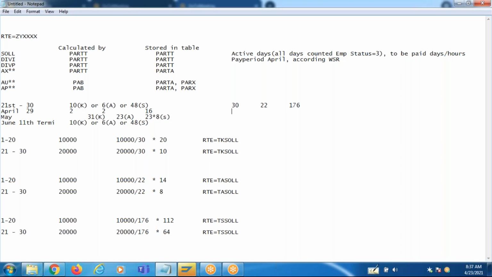When you are counting the DAVA, never look at the employee date of hire. Look at the pay period. What is this pay period? April pay period. Right? According to the control record, the pay period is April. Now, what is the employee work schedule rule? 5 days work schedule rule. In April, according to this work schedule, how many working days are there? How many calendar days are there? Assume it is May.